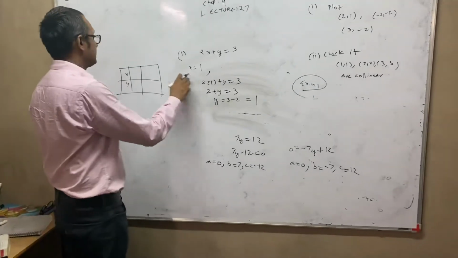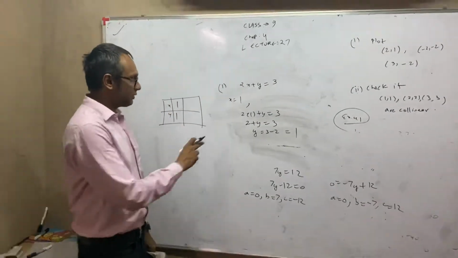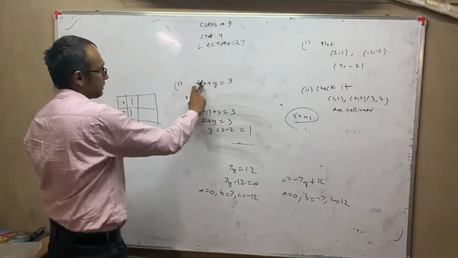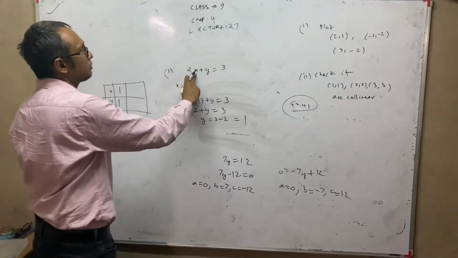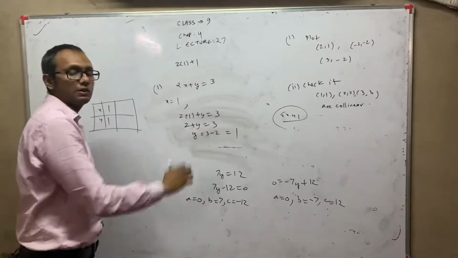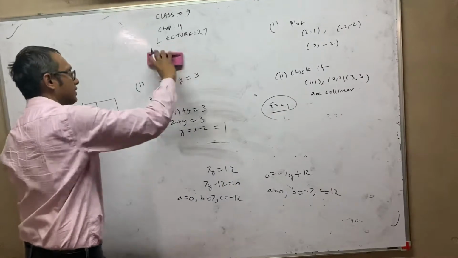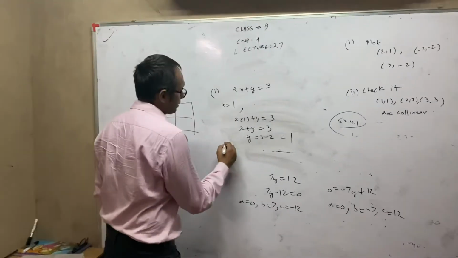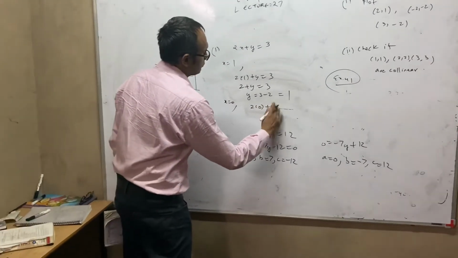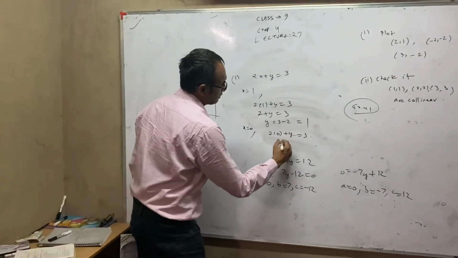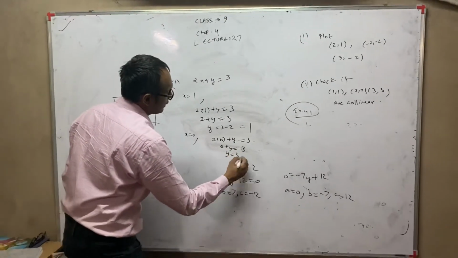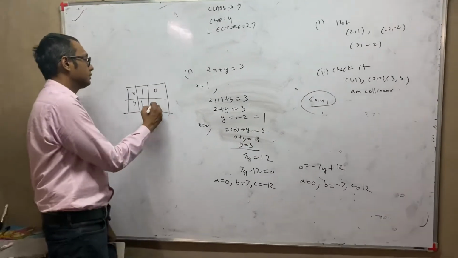So this is one solution, and then I just write it x1 and y1. In fact, whatever solution I get, if I want to check whether I have done it correctly, if I put the value here, instead of x I put 1 and y 1, so 2 into 1 is 2, 2 plus 1 is 3, LHS equal to RHS. Suppose one more value I want to check, so I will say put x equal to 0. If I put x equal to 0, 2 into 0 is 0, and 0 plus y will be y only, so I get y equal to 3. So for x is equal to 0, y equal to 3.